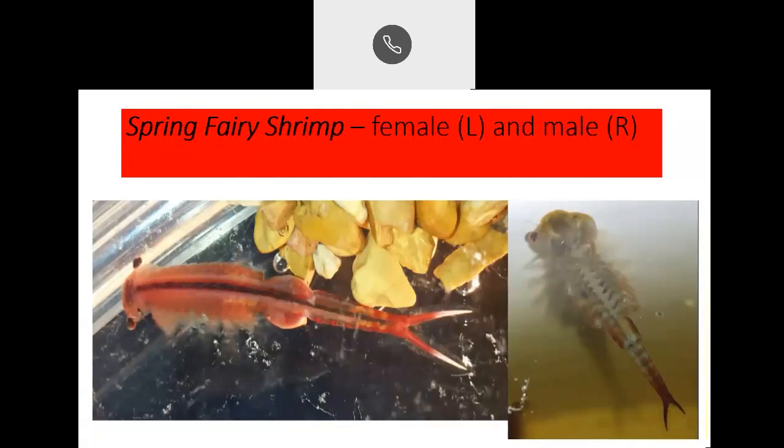Now these are small, freshwater, and rather bizarre in appearance shrimp that exist in these vernal pools in a single generation life cycle strategy. They're typically winter. We also have a species in the summer.